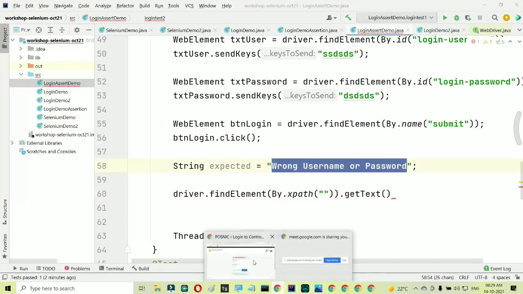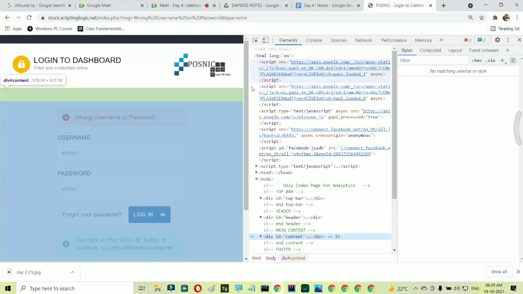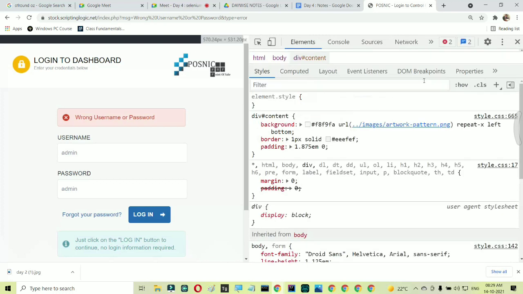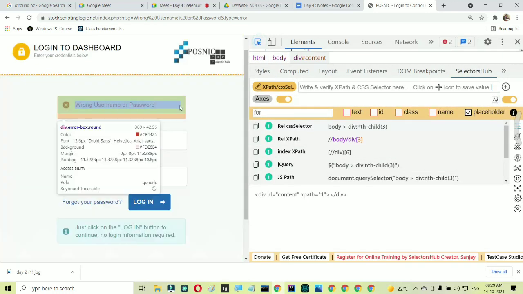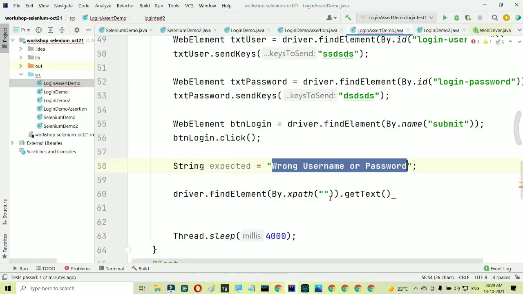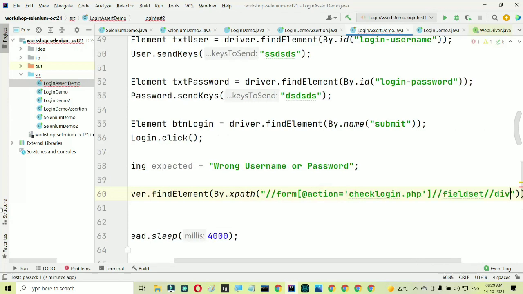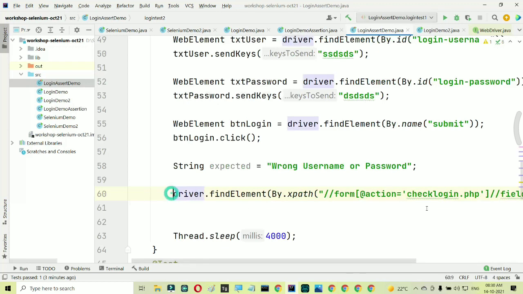XPath yesterday I have given you a tutorial on it, but still if you want to find it without using any tutorial, we have this selector hub. Just capture this element, and this would be your proper XPath. You can just capture it and put it here, and using the get text method you will be able to capture this, and this will be your actual result.